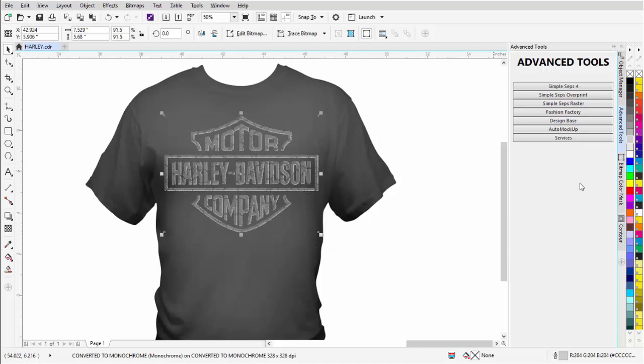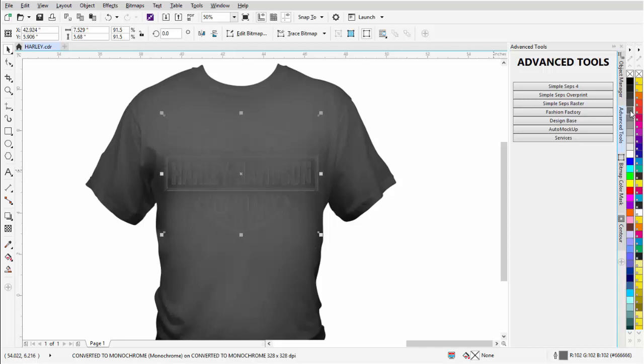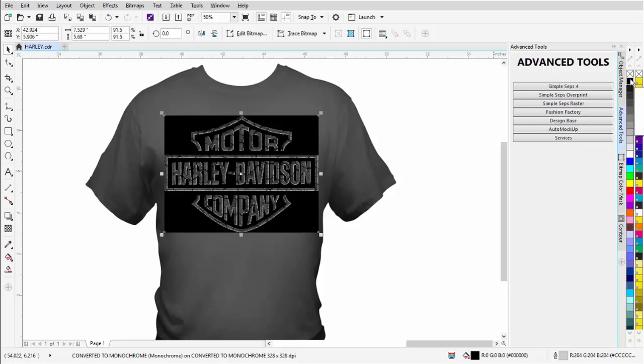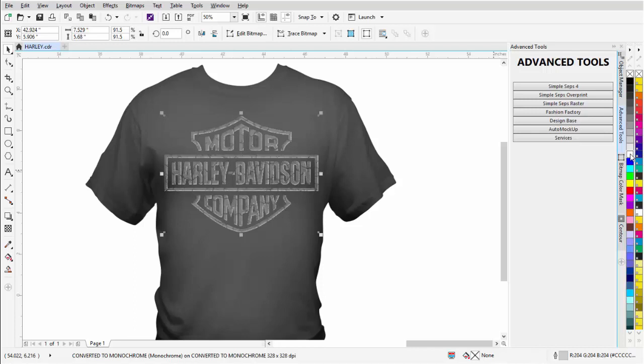And if we want to, we can show our clients different looks based on the color that we use for the graphic, as you can see there, just by right clicking. Now once again, monochrome bitmap, left click is your background color. If you want to get rid of that, you can click on the X in your color palette, and that'll become transparent. You could change this to say a